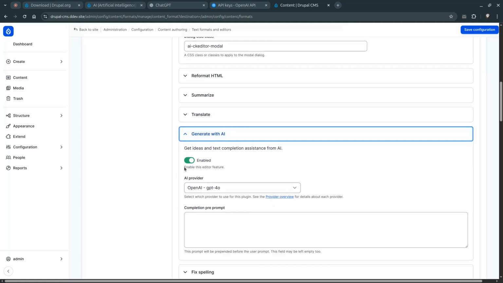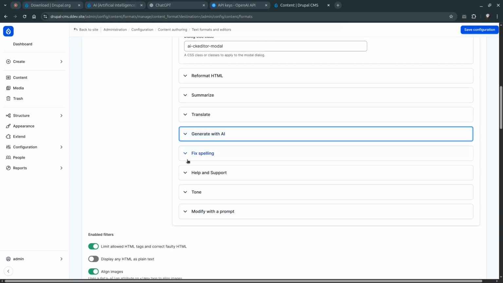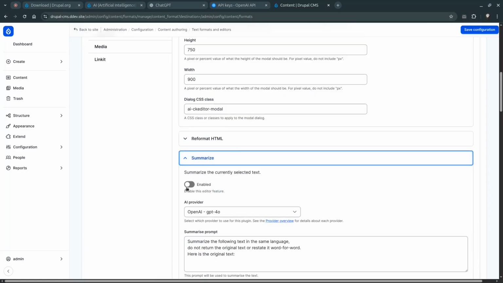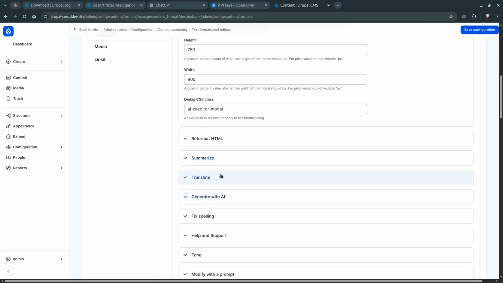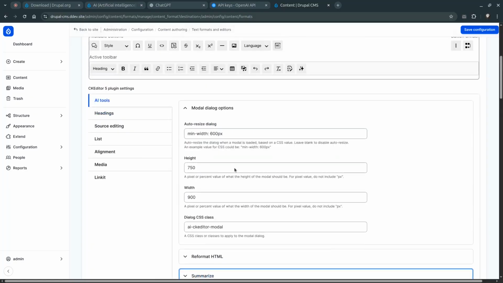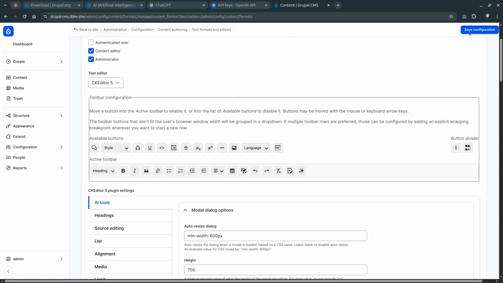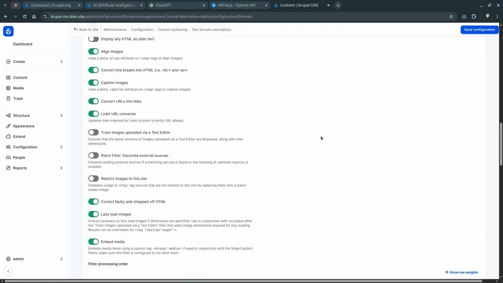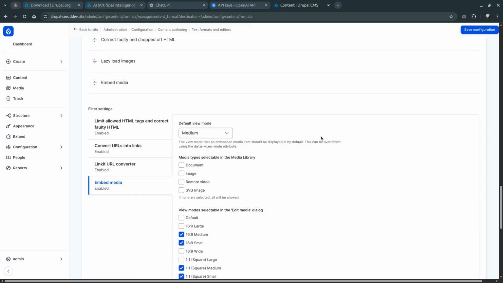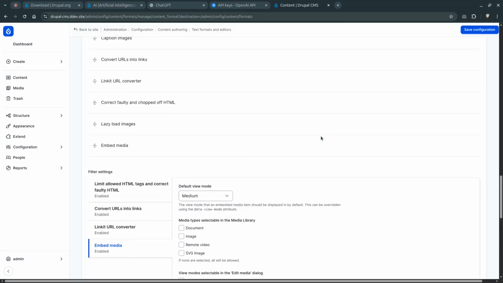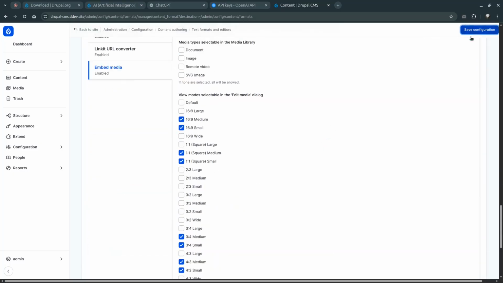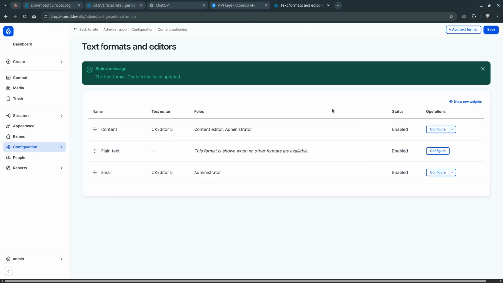Interesting. Yeah, it's enabled. What else? Maybe summarize. Let's enable. Good. That's enough for now. Let's save those configurations. Yeah, let's save. Good. Now what we need to do,